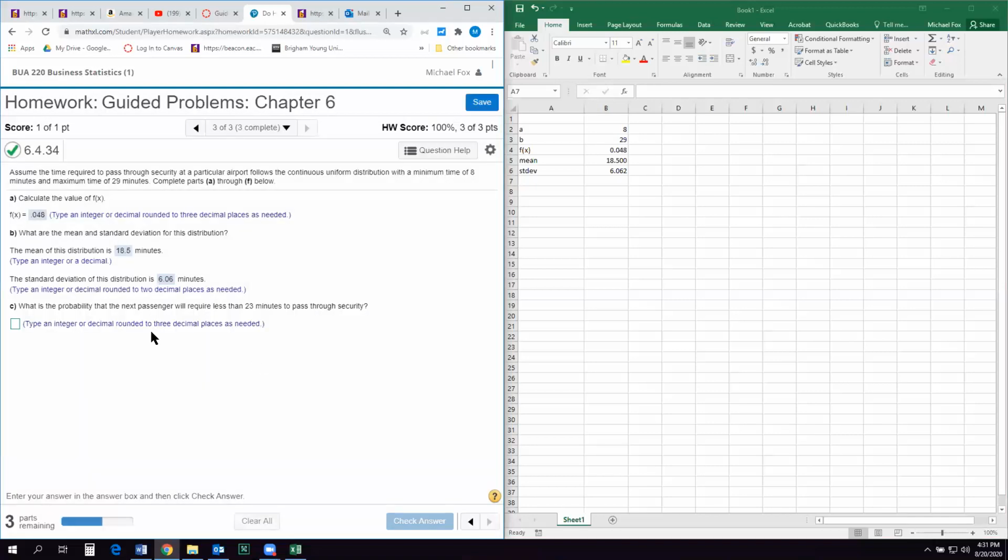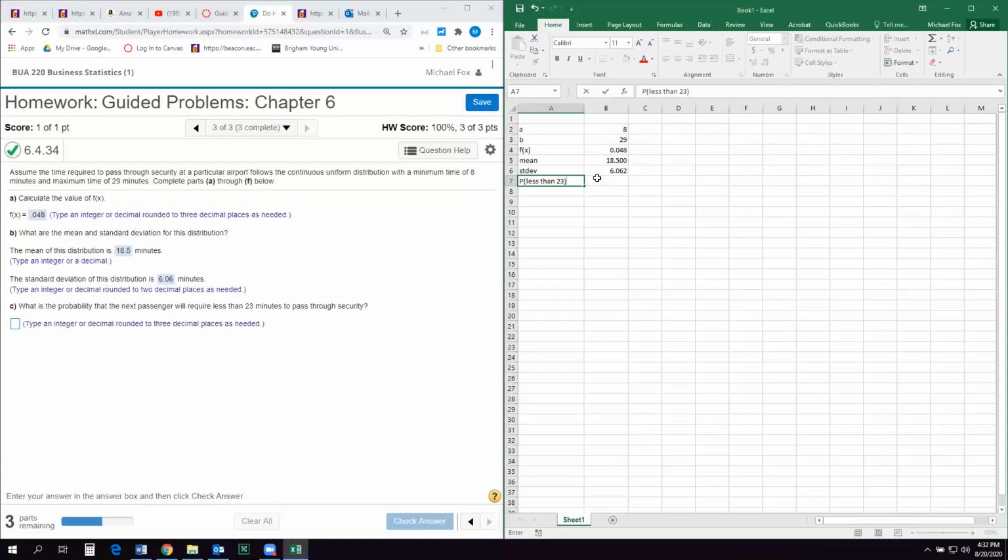All right, and then it wants to know, what's the probability that the next passenger will require less than 23 minutes to pass through airport security? So I'm going to say probability of less than 23. So the tricky thing about these is, and they're not really tricky, you just have to recognize that 8 is the bottom of the distribution and 29 is the top. And to find the probability of anything, you take the